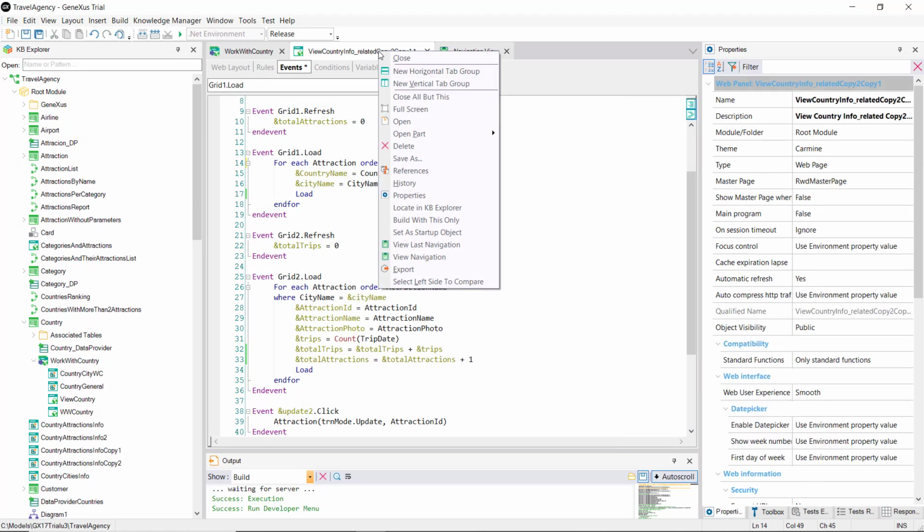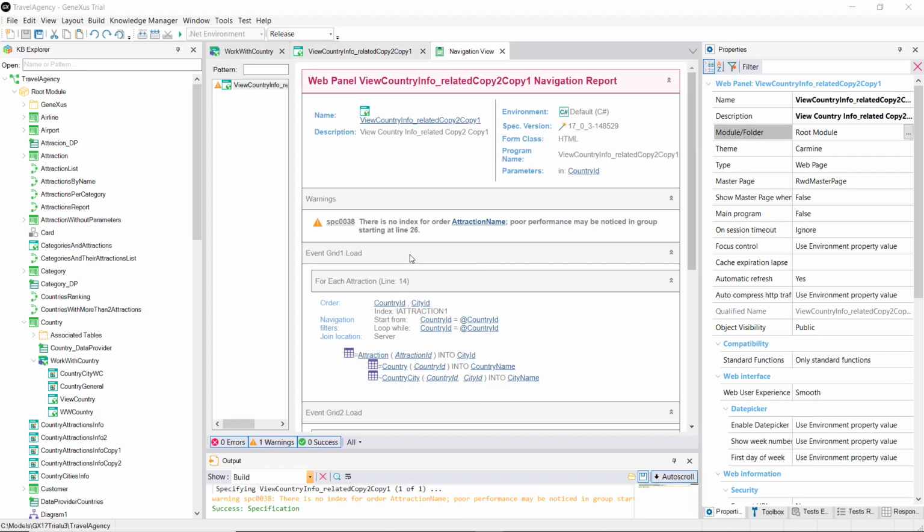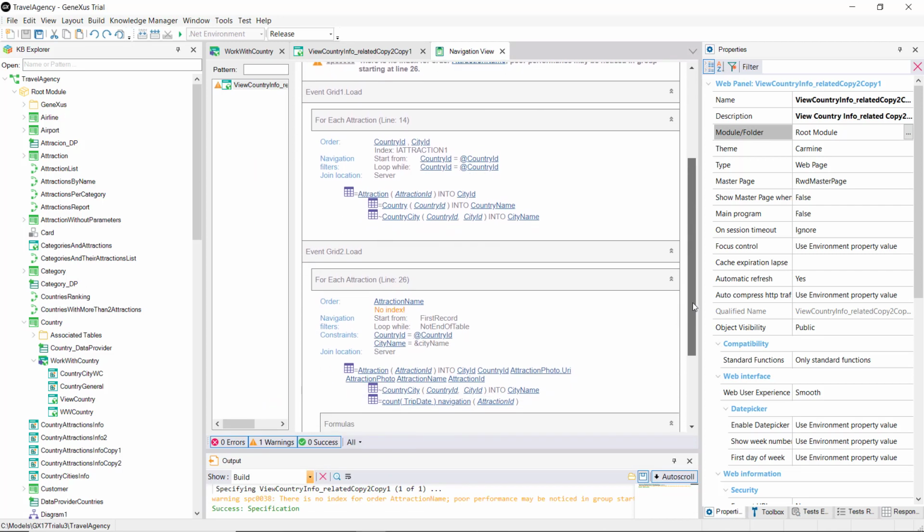However, if we look at the navigation list, it seems a bit odd, and although every for each apparently does what it should do, it didn't choose the same order for each one, in order to use a single index and make the run-through more efficient. Something's not right. It obviously didn't understand that it will have to make a control break, and we can confirm this by running it.